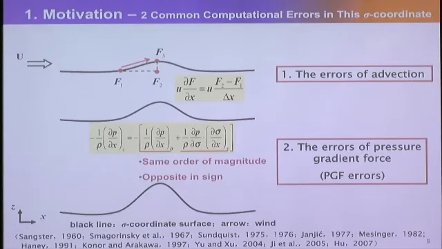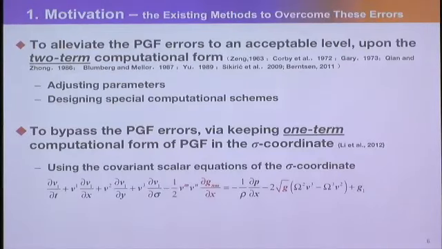And now, there are a number of methods proposed to overcome these errors. For the PGF errors, in general, there are two kinds of methods. First one is upon the two-term computational form. People propose methods to alleviate the errors to an acceptable level. Alternatively, we have a one-term computational form of PGF method that can do this in a sigma coordinate and bypass the errors. However, in this method,